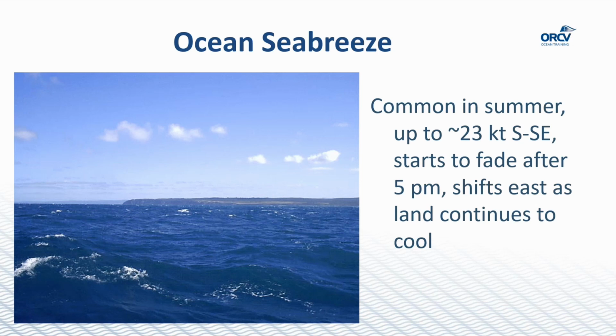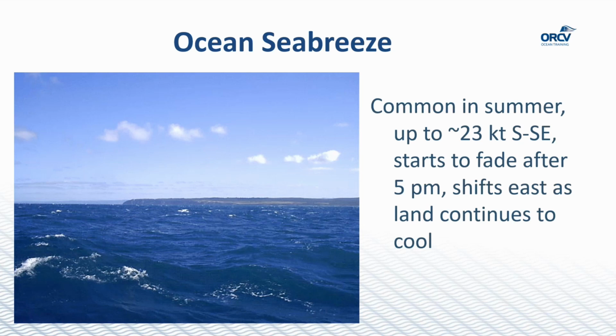In summertime in Melbourne, the sea breeze always starts with a local sea breeze, but where there's a lot of heat, it shifts rapidly to an ocean sea breeze, starting with southwesterly, moving across around Western Port to be southerly, and then as the day starts to